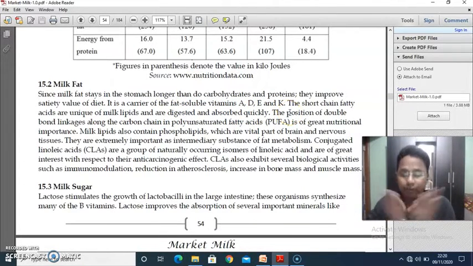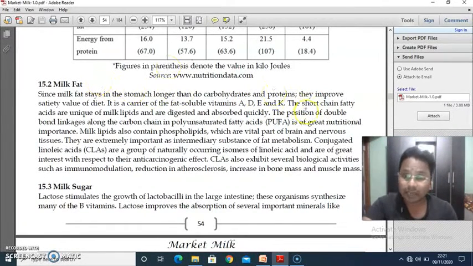It means that when we are consuming milk fat, milk fat generally contains the fat soluble vitamins ADEK, and you know very well the importance of vitamins ADEK. Vitamin A is very useful for the eyes, vitamin D is very useful for the bones, vitamin E is very useful to maintain fertility, and vitamin K is very useful for clotting of blood. So all these four vitamins, ADEK, are called the fat soluble vitamins, and all these vitamins are present